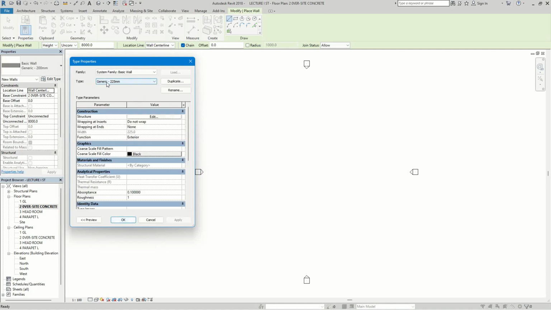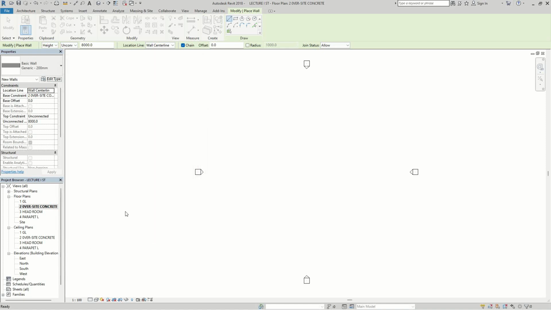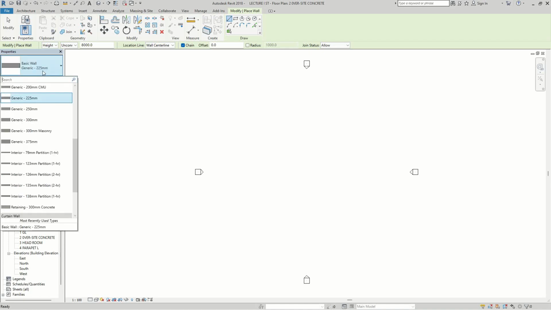Now you see the name I've changed to 2 to 5, and immediately you have a wall listed in the properties, 2 to 5. So that is how you create a different type of wall. If I select this